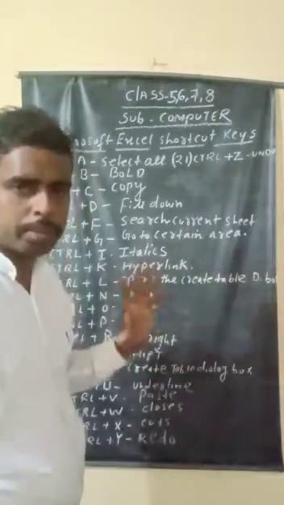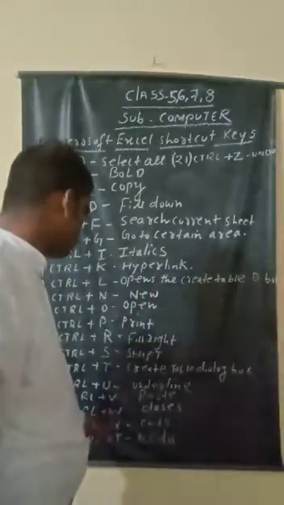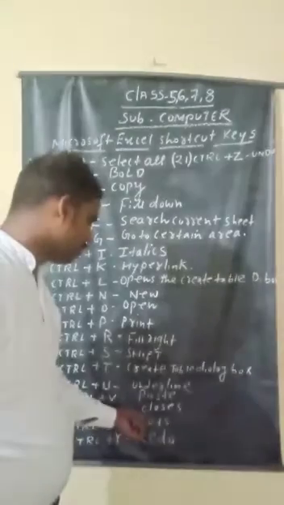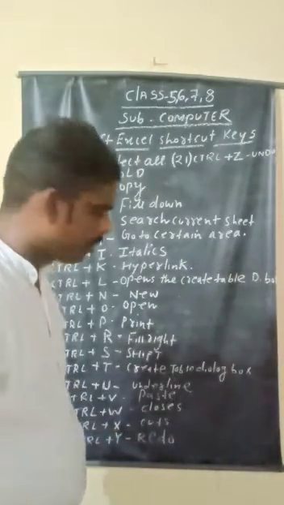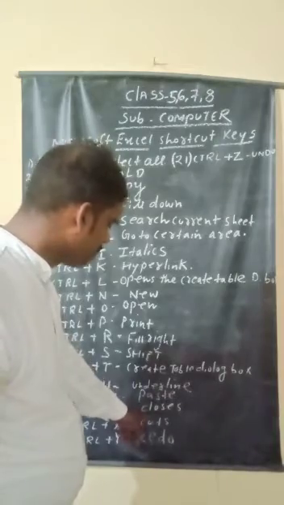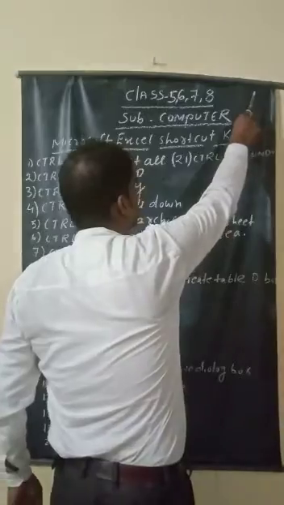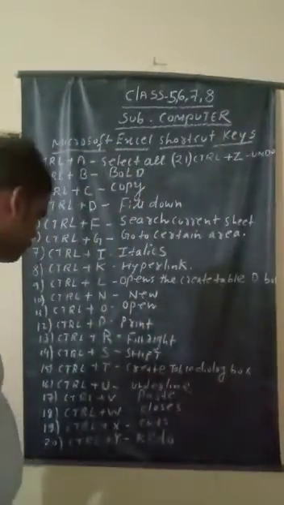Suppose you want to close it. Before closing your program, first save it by pressing Control plus S. After saving it, you press Control plus W, and all your open programs are closed one by one. There are three buttons here: minimize, maximize and close. By pressing close, you can close all the functions.